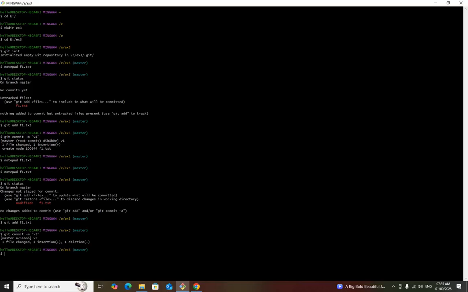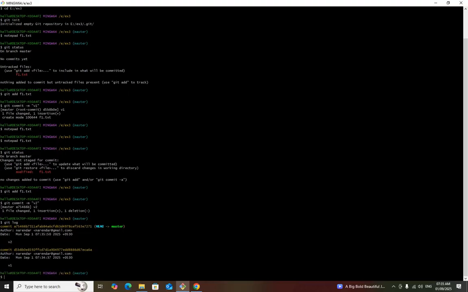If you want to see how many versions we have created, git log is the command. These are the two versions, version 2 and version 1. In this, master is pointing to version 2.